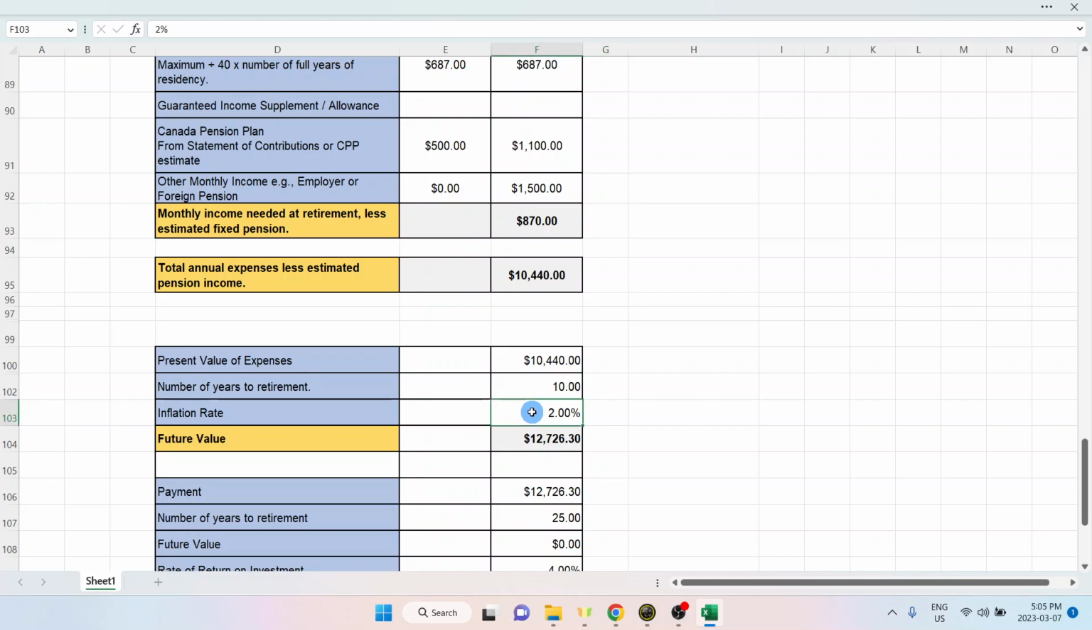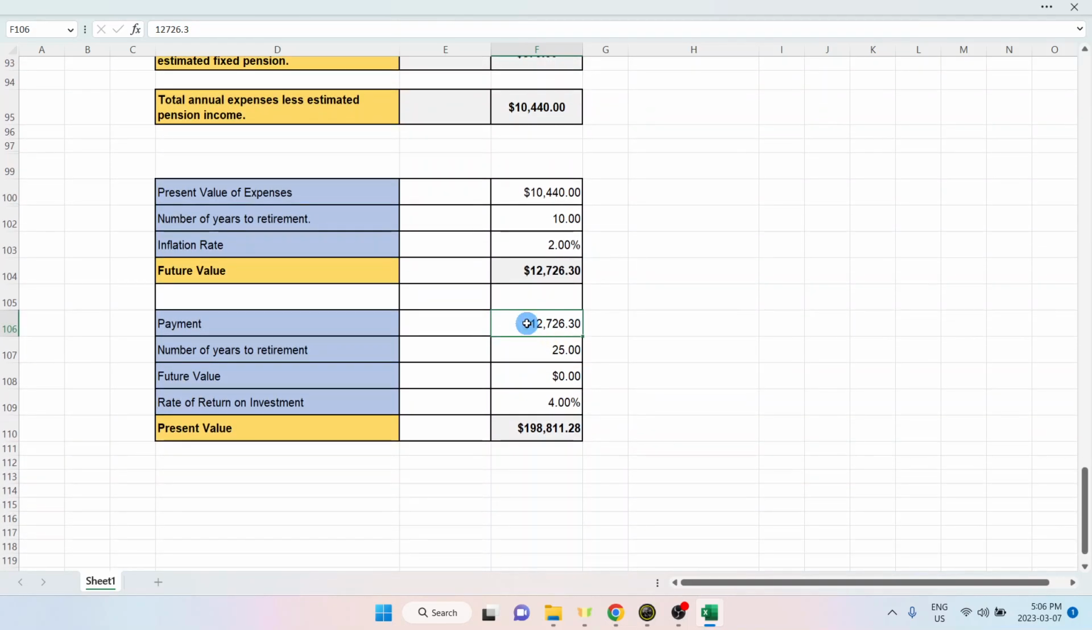You can change this number. We can say, well, we have an average of 4%, then the future value will be higher. But they asked me for 2%, and they will need in 10 years from now, instead of $10,440, $12,726 per year. So they need $12,726 per year, but how much money do they need? Well, if they need to withdraw a payment of $12,726.30 every year in order to supplement their government pension, all the pensions that they have, well, how long